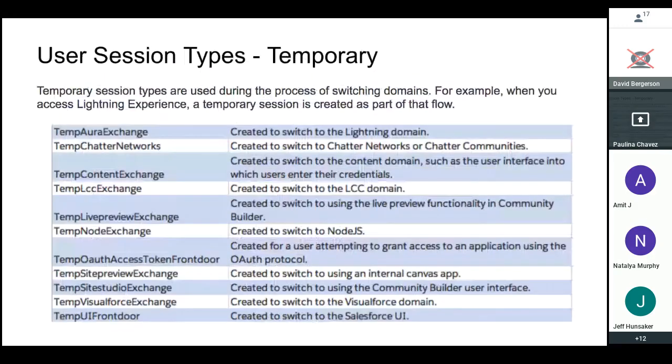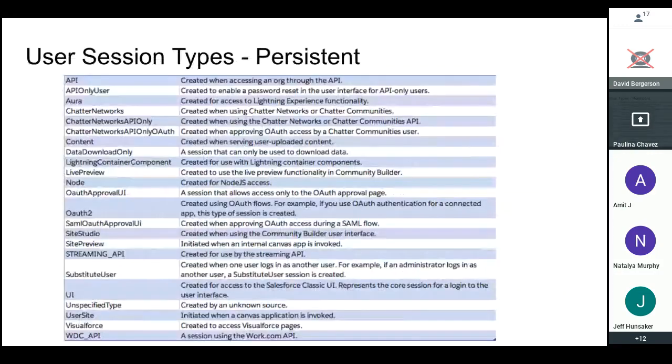There are some that are temporary. There are many here, but they are only used at particular points. Let's say, here I was very clear, when you are switching between domains, that session is not going to be persistent. When you switch, it's only going to be temporary. Or when you are doing flows, let's say you have flows in your application, the session that is created in the flow is only temporary, it's not persistent. So I don't think you need to learn all of them by heart, but if you have questions